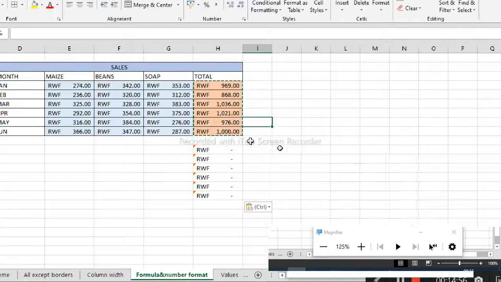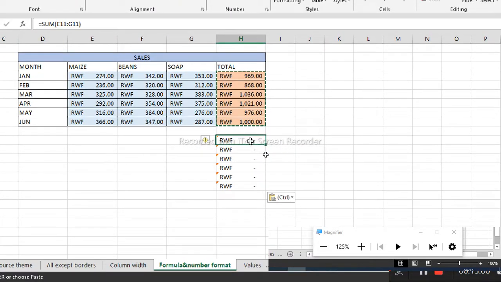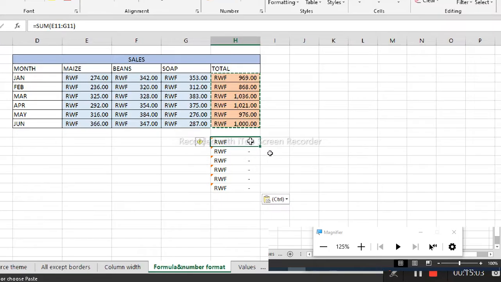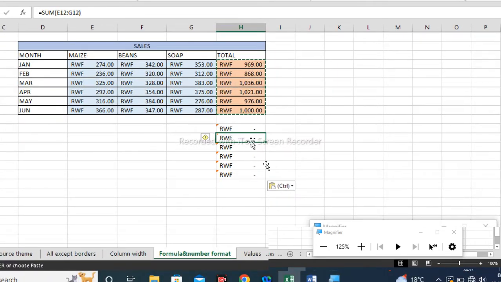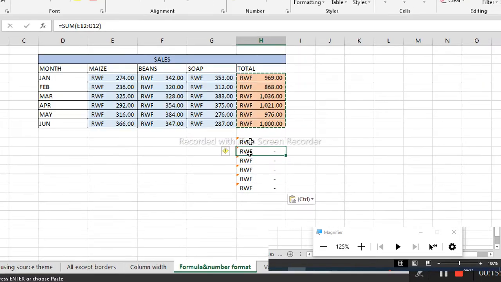So here there is a formula you can see up there in the formula bar, then the number format. Here the number format, it is Rwandan franc. You see, Rwandan franc is copied there,